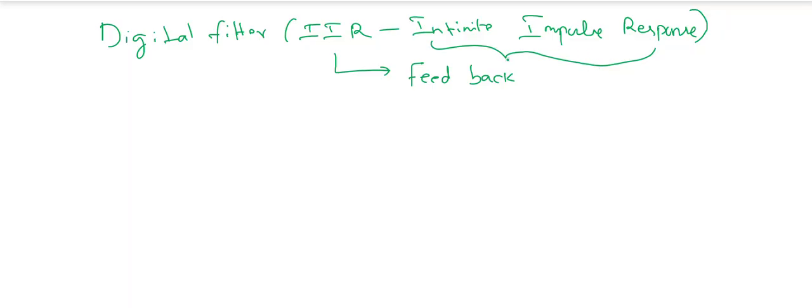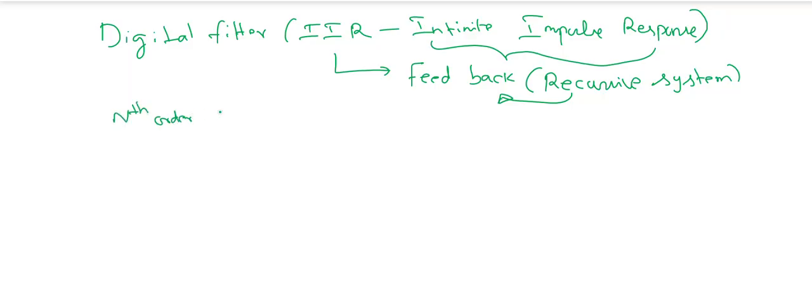So the IIR filter feedback system is also called a recursive system. Recursive means feedback. Because of this feedback, it produces infinite impulse response coefficients. In general, the transformation representation for an nth order IIR filter can be represented as